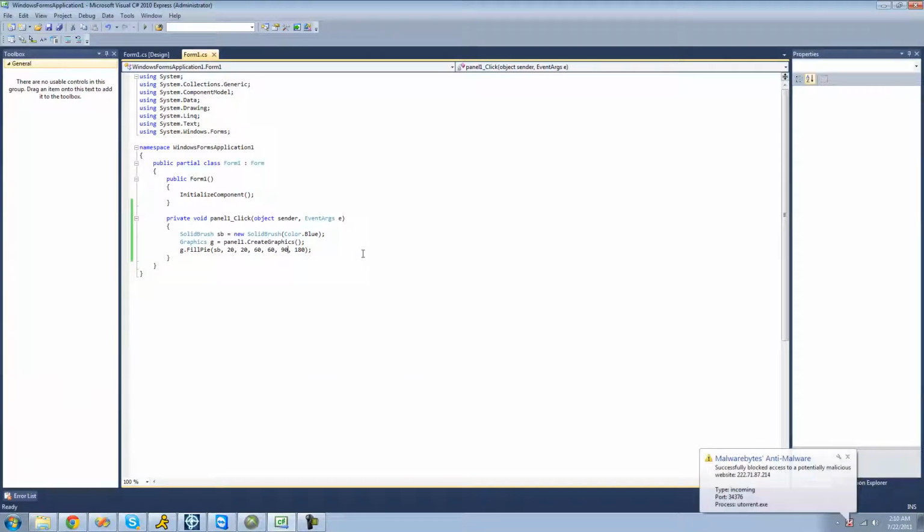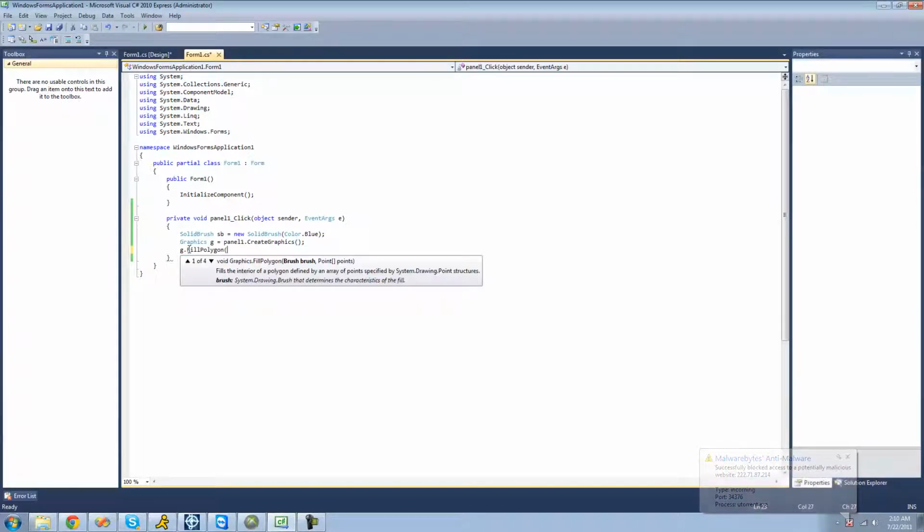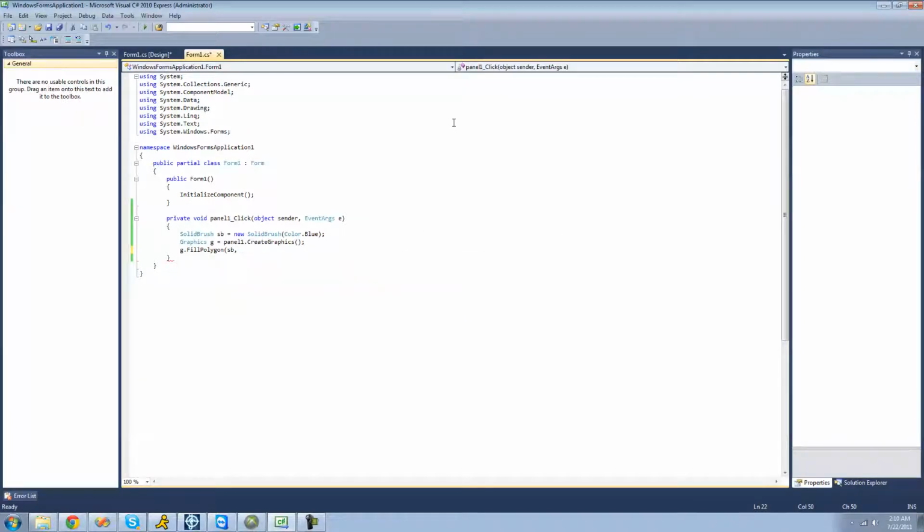And the next thing that we're going to be drawing is a polygon. And a polygon calls for, obviously, a brush, so SB, and it also calls for points. And these points will be where it will start. So we would have to make 3 points for a triangle, so like one up here, one down here, and one over here. So we're going to have to create an array of points. So we're just going to say Point, call it points, and create some new points here. I'll just do 3, so new Point,